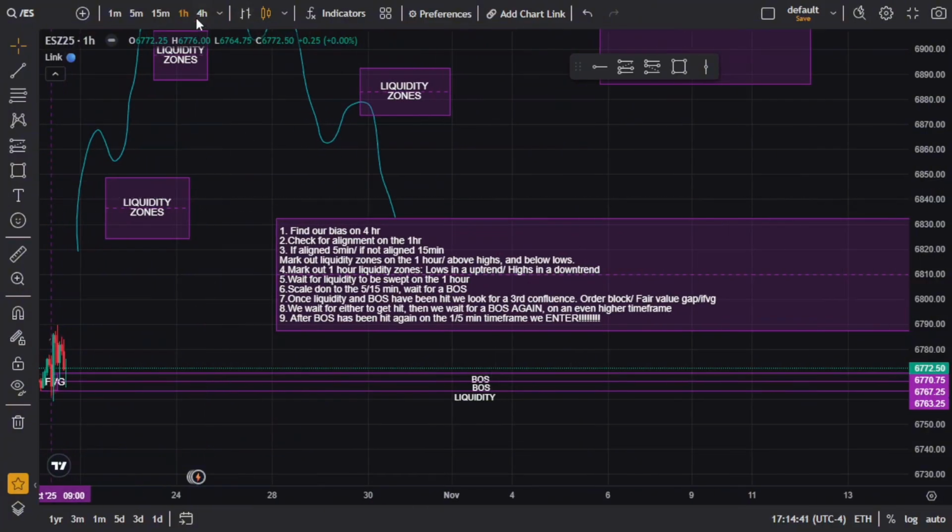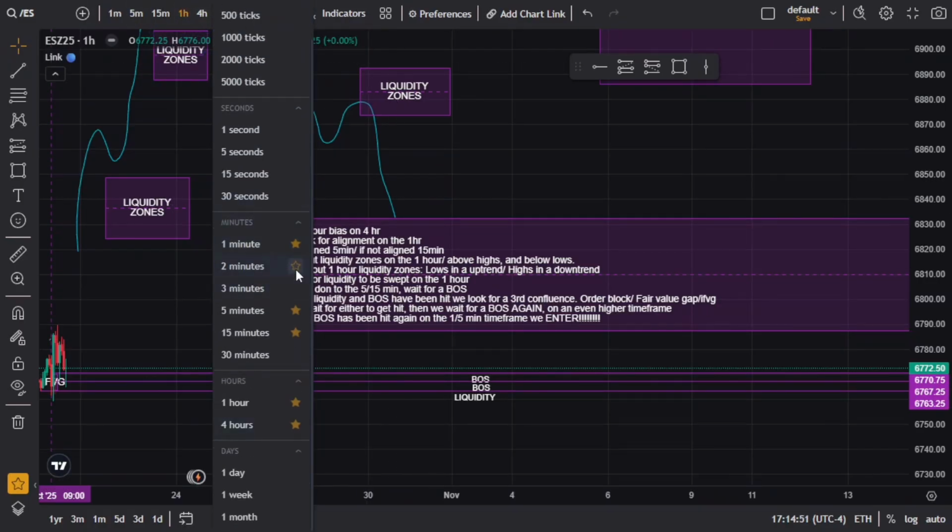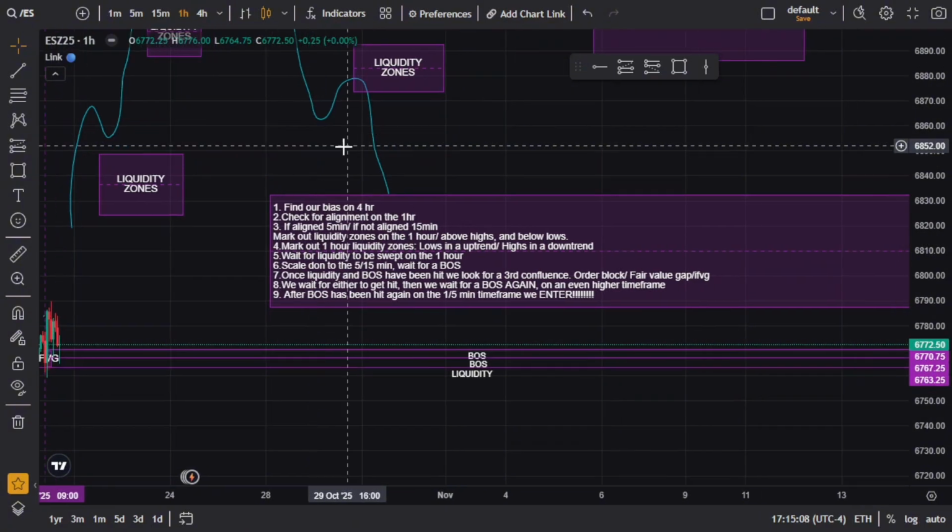On the 4-hour time frame, your time frame is gonna be up here. There's this little drop down menu. You can star these so that they stay up here. These are my settings for my time frames. I star the 1 minute, 5 minute, 15 minute, 1 hour, 4 hour. You can even do 30 minutes for certain things. I don't ever use 30 minutes or any of the other ones. The ones I have starred are the only ones that I ever use. So if you want to use that for your settings, go on ahead.